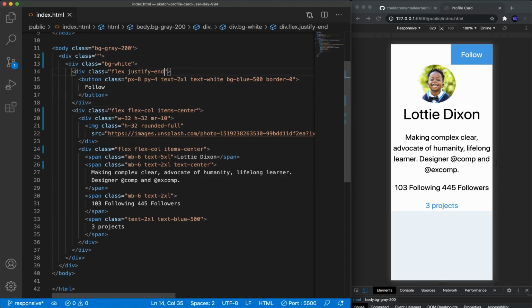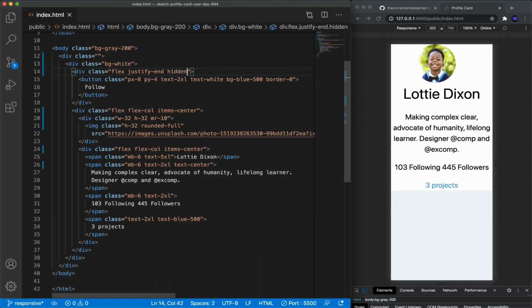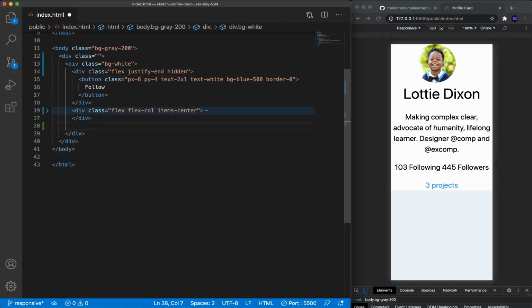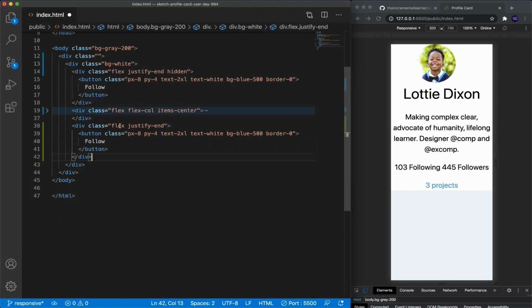So what we can do is add a class called hidden, which will hide the entire container, and then we can add it at the bottom. Okay, and instead of justify end we can say justify center. Okay, so it will be on the center,